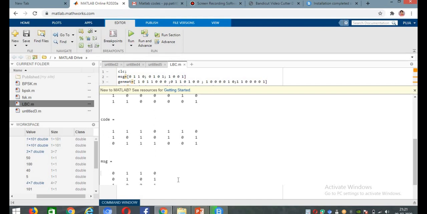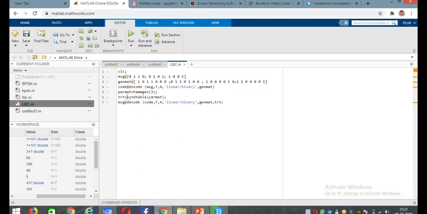In this way we performed the practical of a linear block code, where we coded the message into LBC and then decoded the code word. These are the functions where we perform the encoding and then the decoding. The encoding input is a message and its output is a code, and for decoding the input is a code and the output is a message. This message is the same as what we transmitted. In this way we have performed the practical. Here you just need to give the input signal and verify the code word along with the received code word.